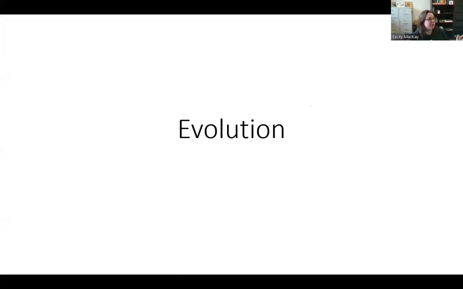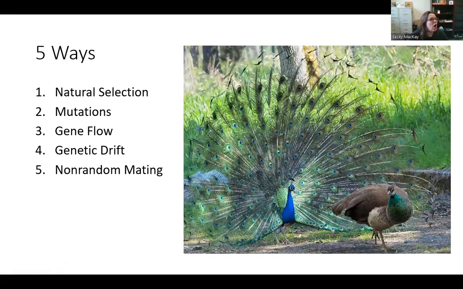Okie dokie. So in the previous lecture, we talked about evolution and the 5 methods of that, which you will see in this slide. So just as a brief summary, evolution can happen 5 different ways. I just put up 4 fingers, but I meant to put up 5. So natural selection. That is kind of the survival of the fittest, or just like, things are surviving more in certain environments than others. Then you have genetic mutations, and those can happen just completely randomly.